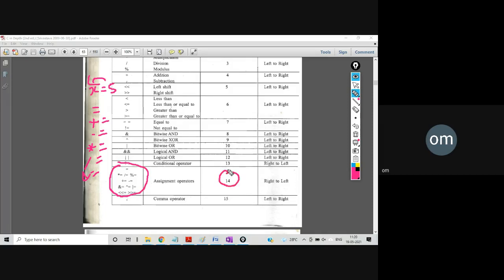Precedence level is 14. And then the last one, this is what? A comma operator, and that is precedence level 15. So this is how we have covered four different types of operators, and by which statement we just wrote this particular statement: Start with round bracket. I just wrote this particular statement in a story manner so that you can remember it. Start with round bracket,